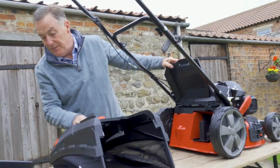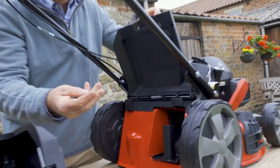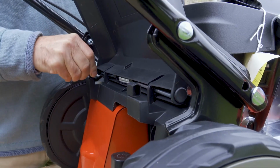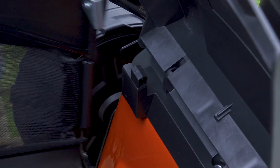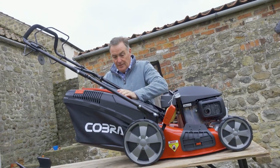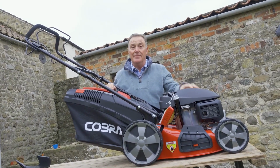You'll notice in your bag of nuts and bolts there are two little plastic lugs like this. There are 2 little slots there, just push them into it, and then the box will simply hook on like that, lid down. So that is now ready. So what we can do is get some oil and fuel in it, and then we can start it up